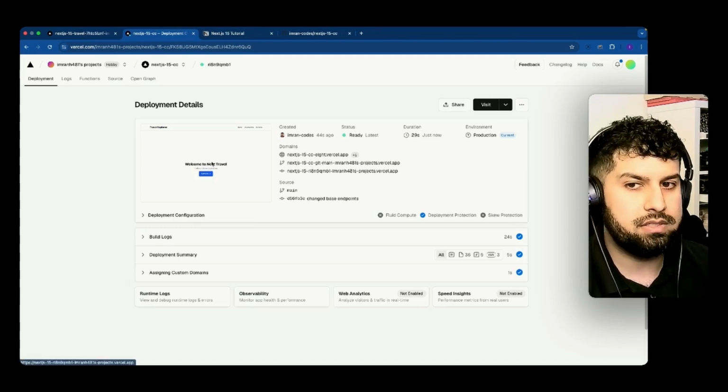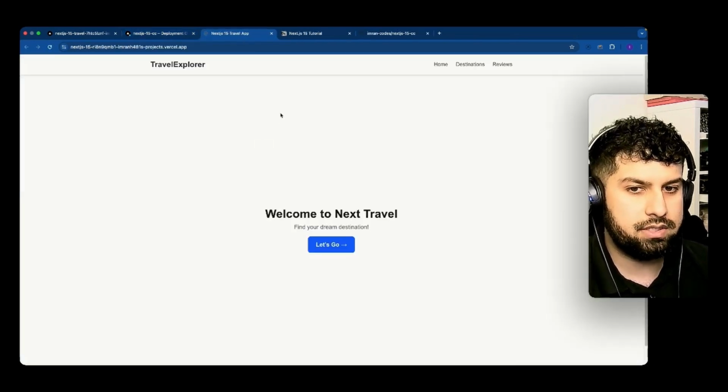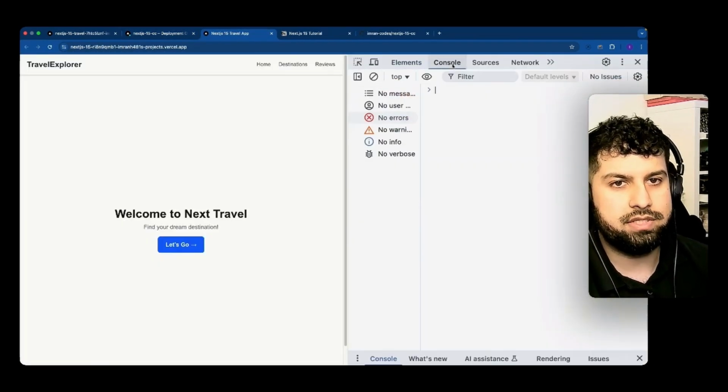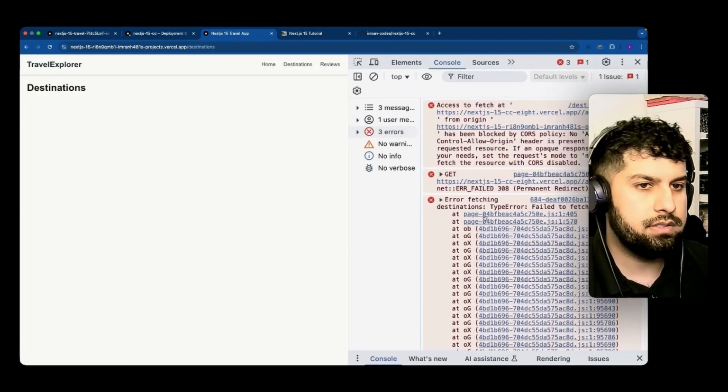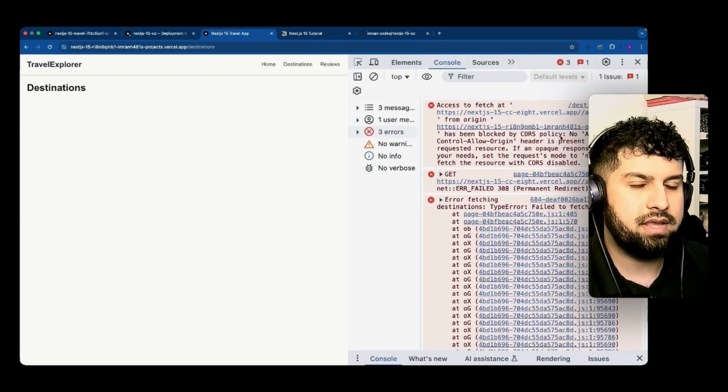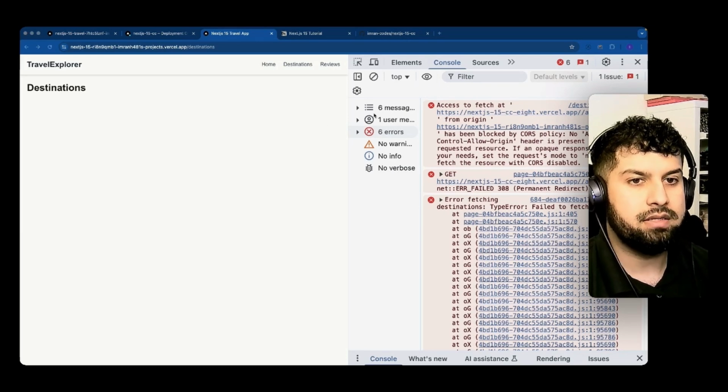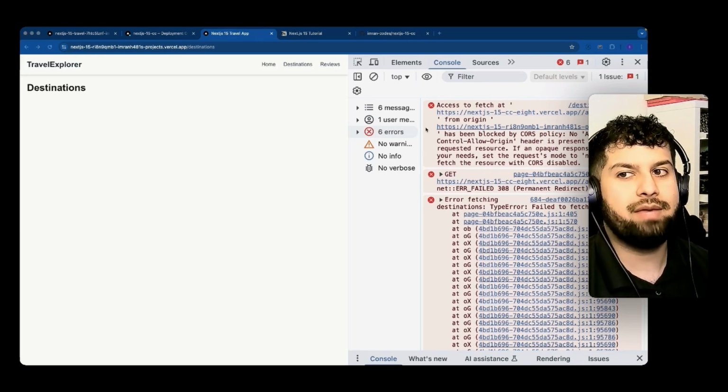Right, so now that's built, let's go ahead and test everything works. Let's just inspect and make sure there are no errors in the console. So let's click let's go, and there are errors. It's saying here this endpoint has been blocked. So again, now that we've deployed, what will happen in the local